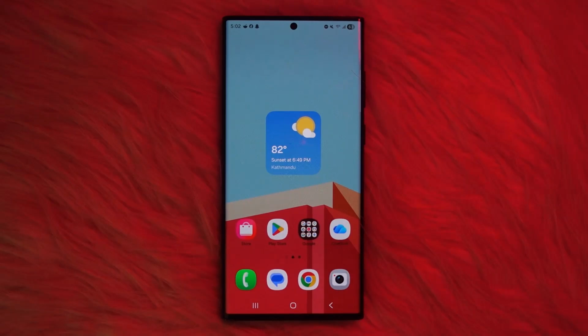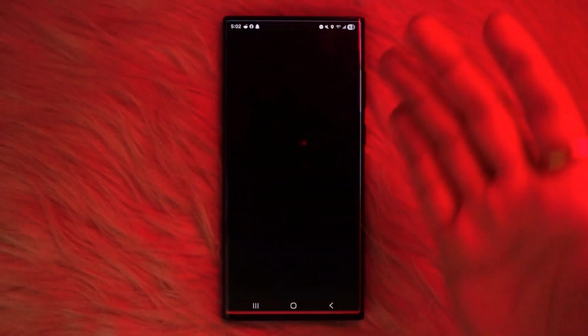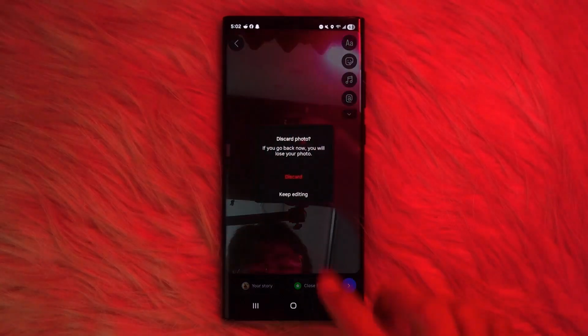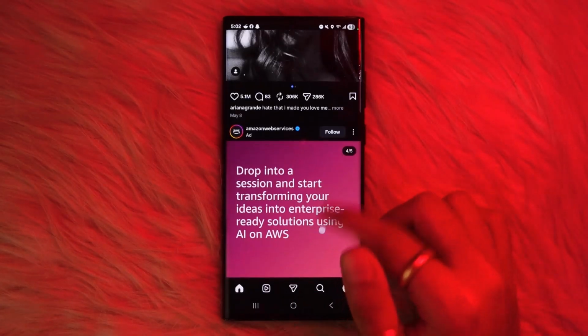How to use Instagram story music from playlist. To use the Instagram story music from the playlist, first of all, you have to create a playlist on your Instagram application itself. So, first of all, what you have to do is find yourself music or any music that